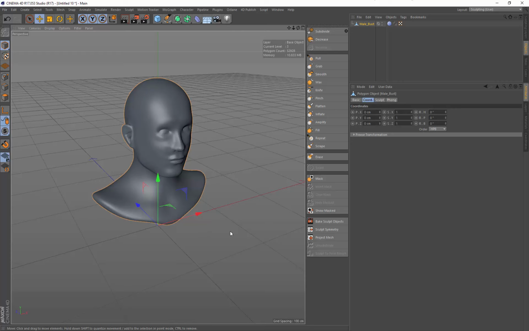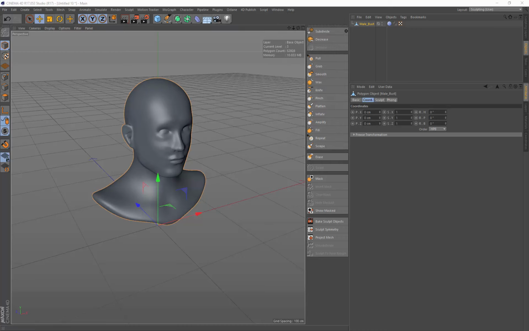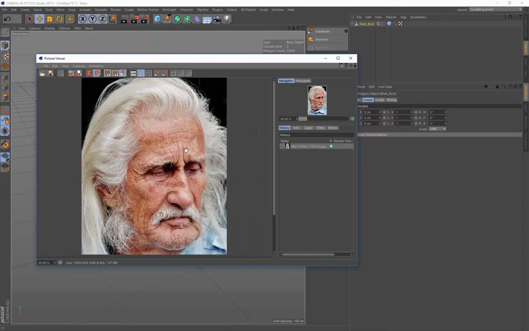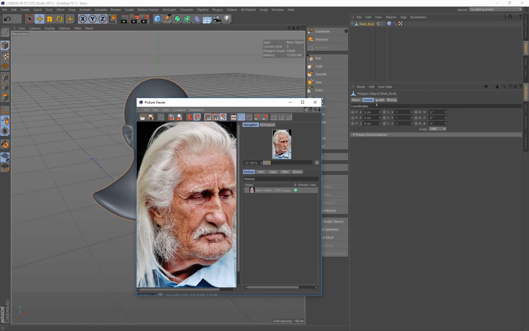So if I just drag and drop that into here. Didn't work for some reason. So I'll come up to the picture viewer, and I'll just show you the picture that I'm working with. Drag and drop in, and that's the picture I've got there. So I'm going to have that just to the side here,